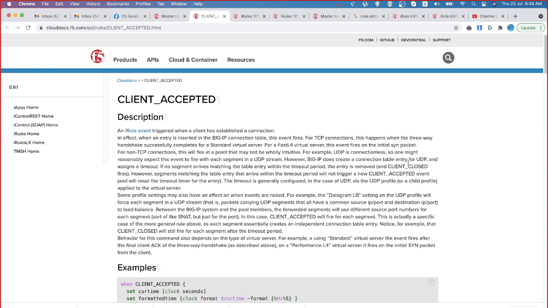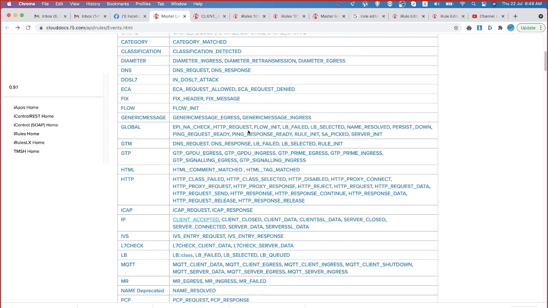We have two different connections, right? F5 sits between the client and server. A connection between the client and LTM is going to be established. A connection between the LTM and your server is going to be established. When I say client accepted, we are identifying that the connection from the client to the LTM got created. If the connection between the LTM and server has been initialized, then what would be the status? Now I'll go back to the events, and you let me know what that would be.